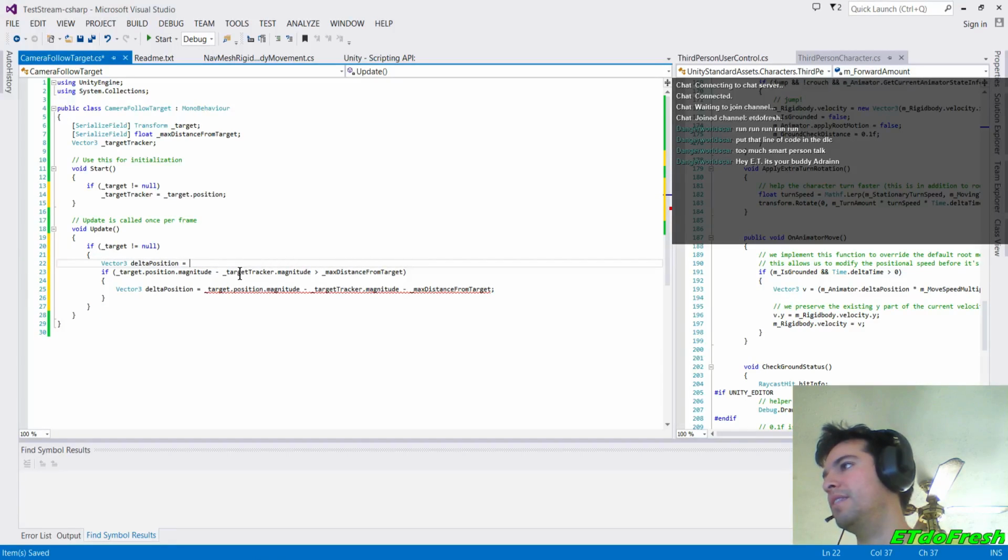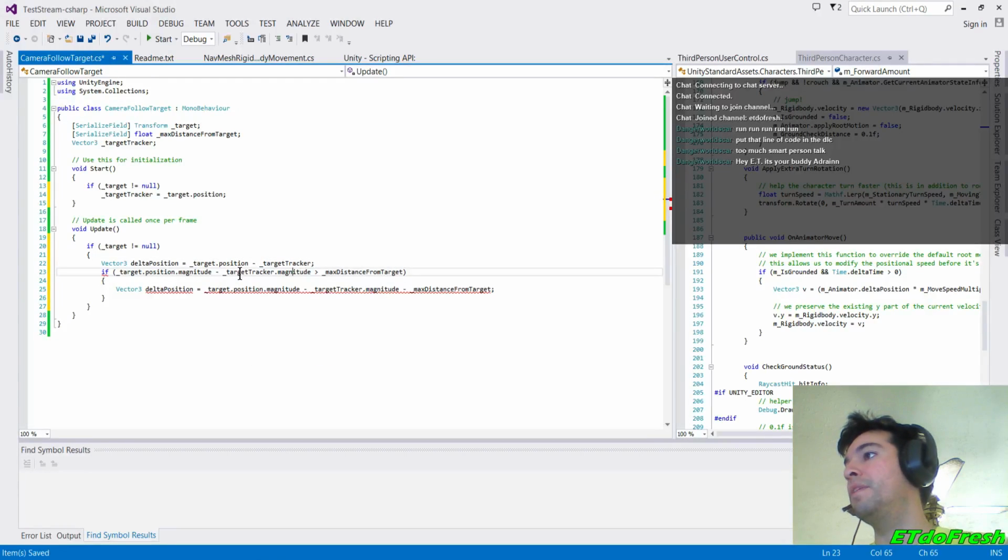This is a delta position. This is going to equal target dot position minus target tracker. That is the delta position vector. Okay. And now we're going to say, hey, if this delta position magnitude is greater than max distance from target, then, so we got the change. Then we basically say